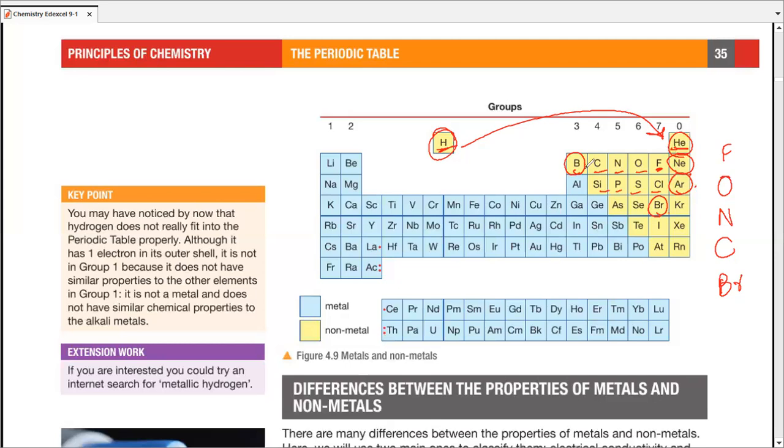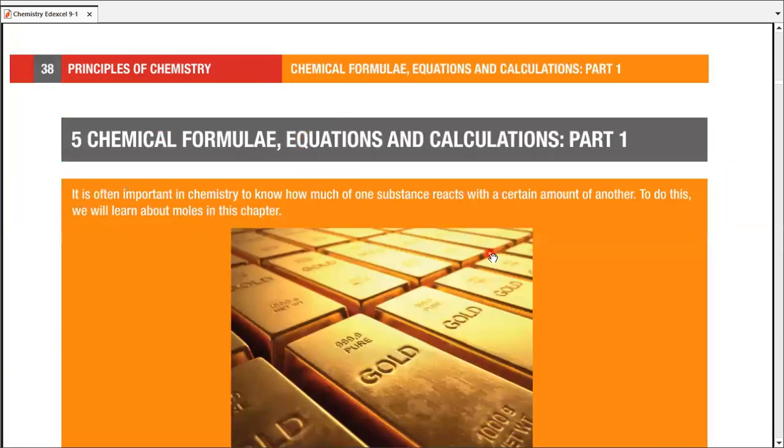As soon as you look at a nonmetal, as per its group number, you know how many electrons it has in the outermost shell. The whole idea is that it is going to share as many electrons as it needs to get the stable octet, or 8 electrons, in its outermost shell. That's the simplest idea to explain how they bond and why they bond.